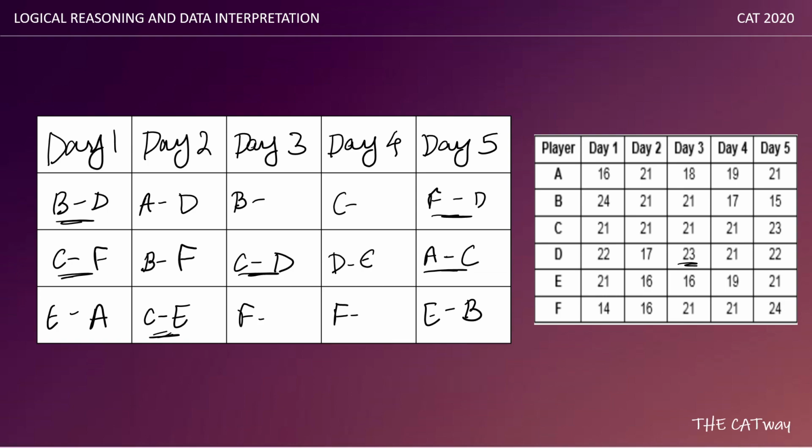Let's come to day 4. On day 4 what we can see is, now for F we have to place A and we have to place B. A has already played against C, so A will play against F and B will play against C. Now coming to day 3, it's almost all done. So we know that A has only B left to play, so he will play with B on day 3 and F will play E on day 3. Now all our table is finished. Now the set is done.